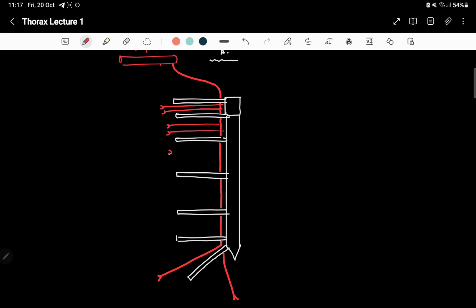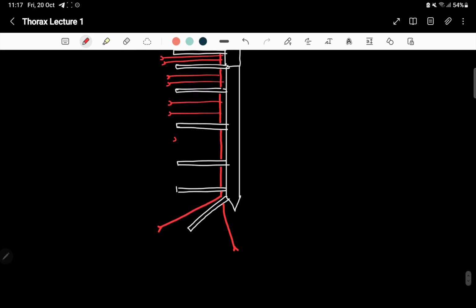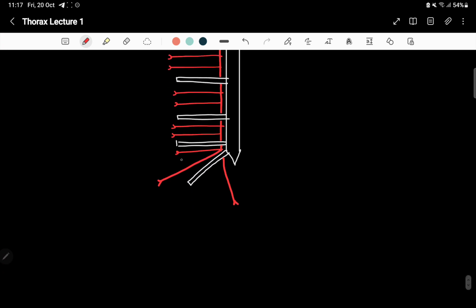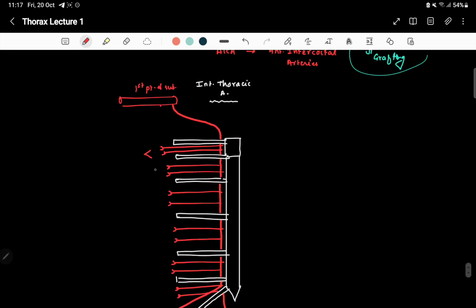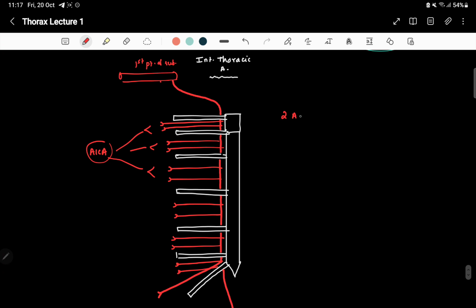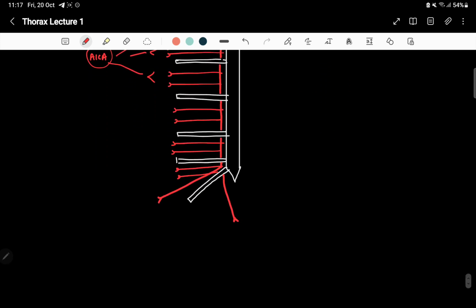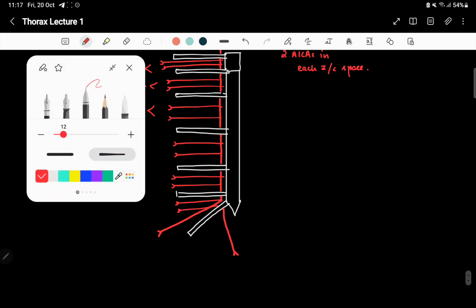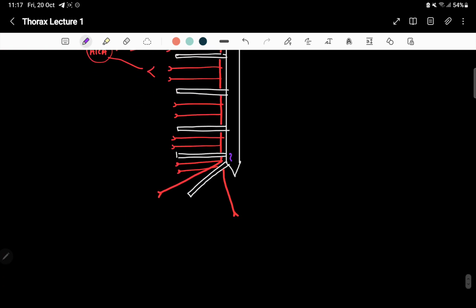What are the two branches I have shown in the earlier picture? The AICA, your anterior intercostal arteries. So these two in all are your anterior intercostal arteries. So it gives two anterior intercostal arteries, two AICAs in each intercostal space. Okay, understood? Then the typical thing is your sixth intercostal space here. This whole region is your sixth intercostal space,